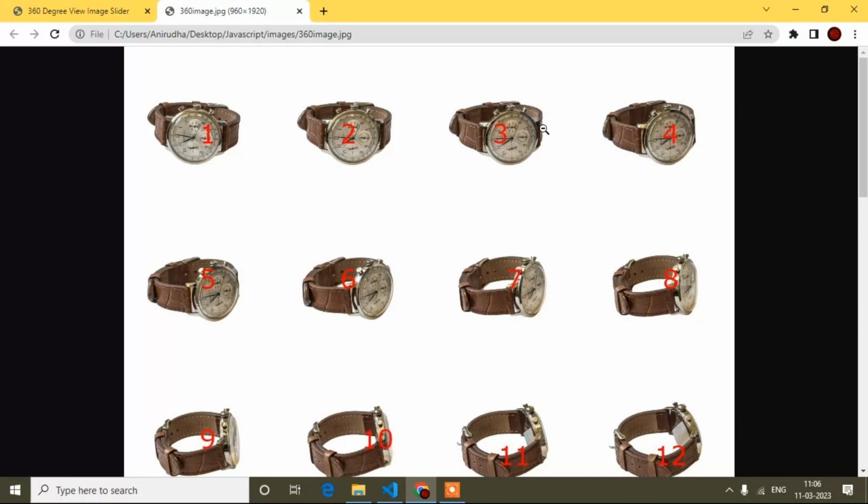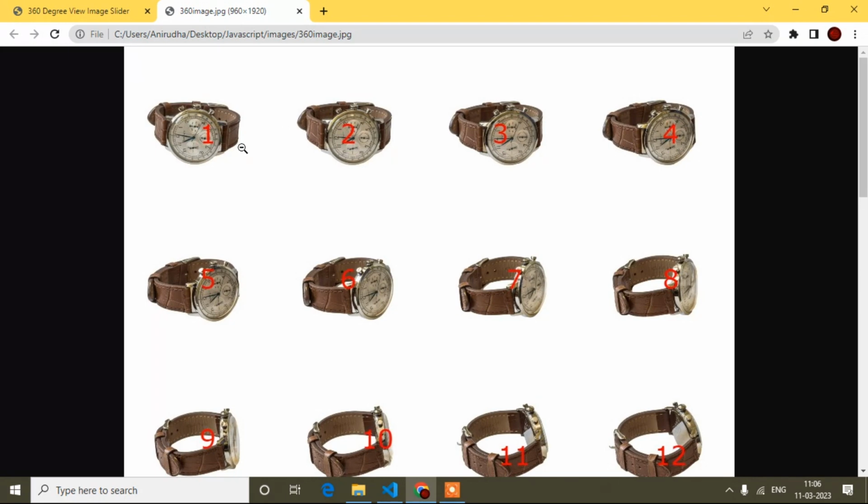Many ways are possible, but in this video I will use a range slider for this 360 view image slider because we mostly use a range slider. If you want to learn how to do it by dragging or with previous and next buttons, you can write in the comment section, because those are very easy, but the range slider is a little tough.